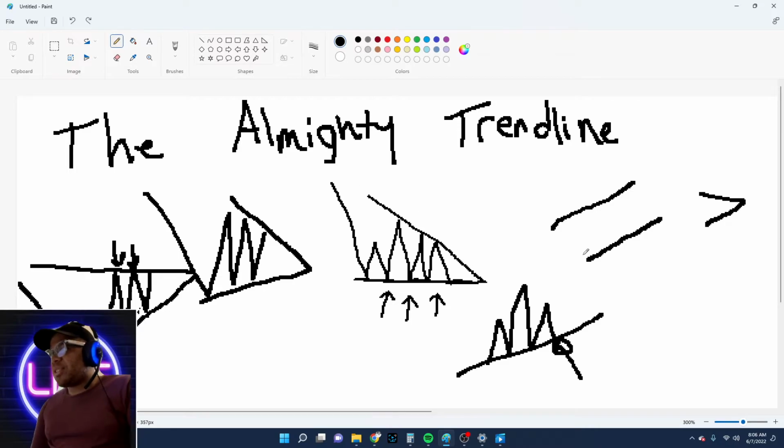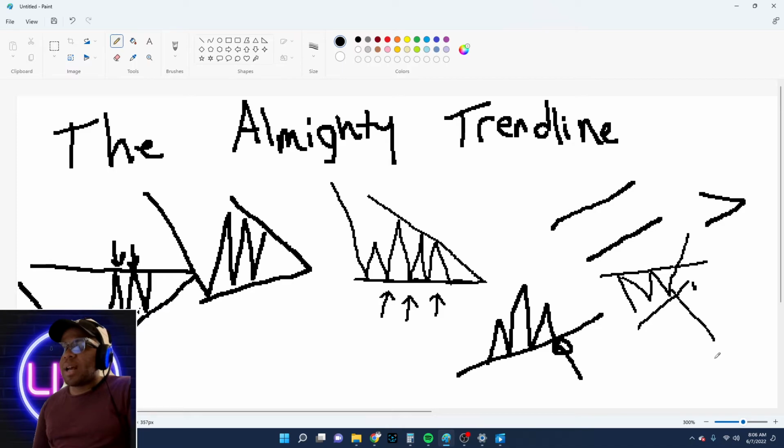Then you have wedges, or parallel channels. Wedges are kind of more like this. I don't want anybody to yell at me. They kind of look funky, like this, maybe like this. They're basically just triangles. We just call them wedges, and you have the same principle. Price is being squeezed into the apex, and eventually one side is going to get more aggressive than the other, and they're going to break out to one side or the other.